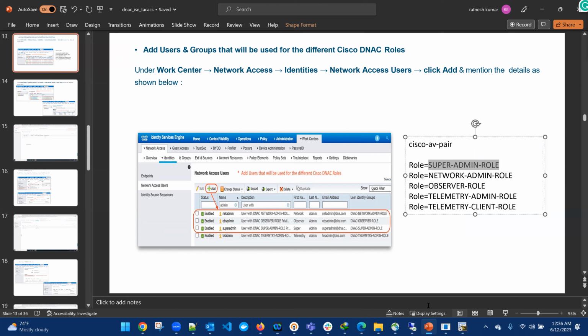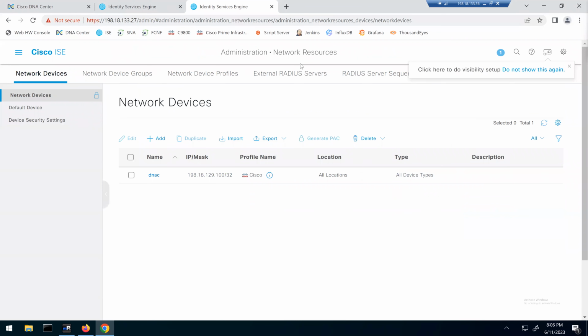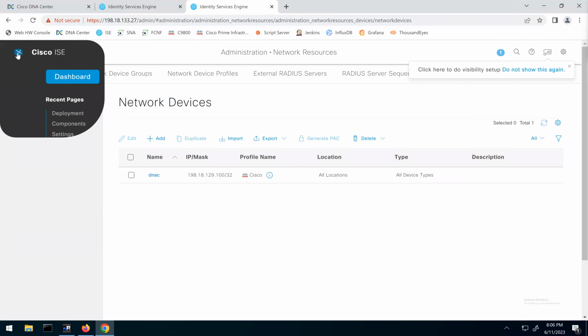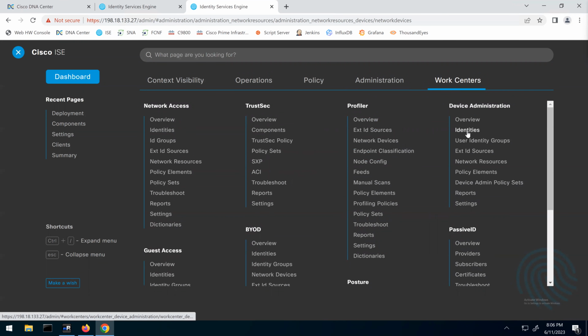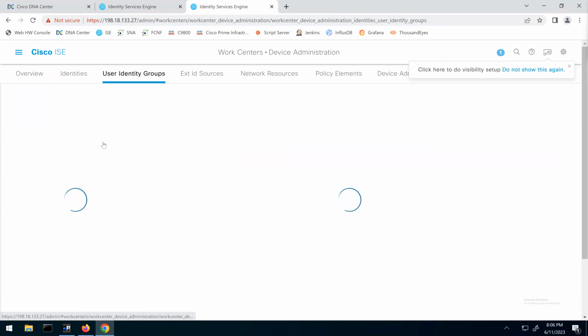So what I'm telling is that you can go to the ISE and you can go to the work center. You can see somewhere identities and identity group, user identity group. First go to user identity group,